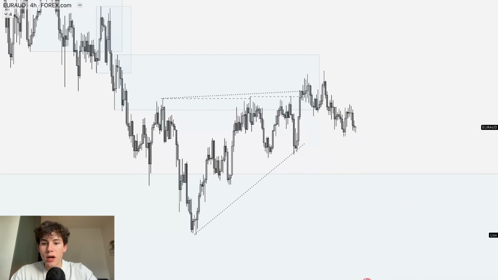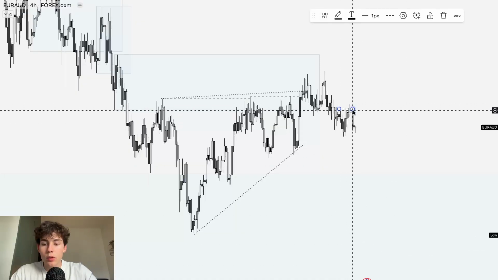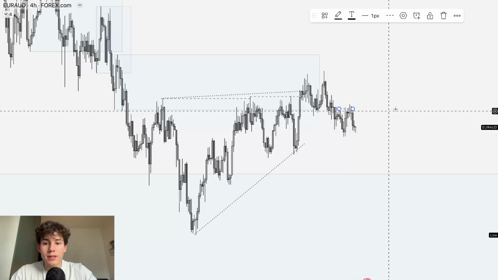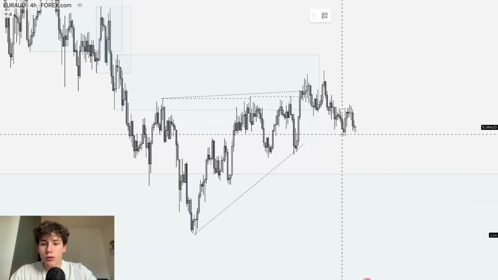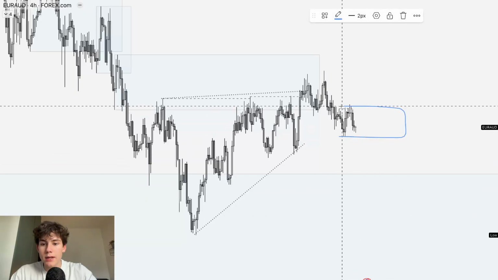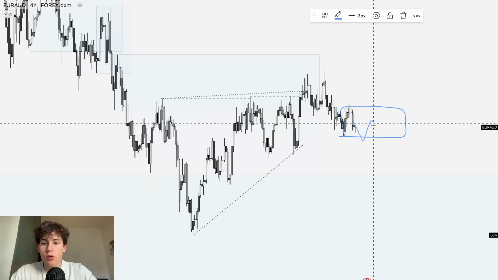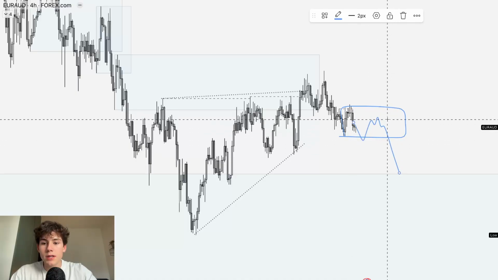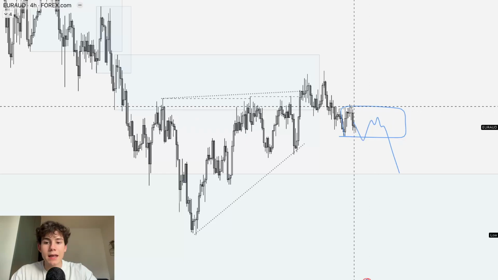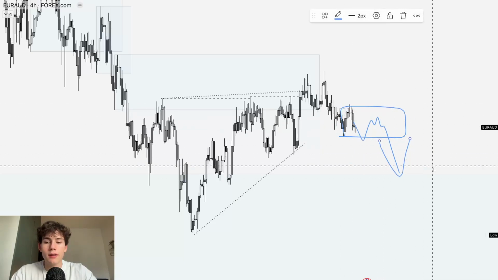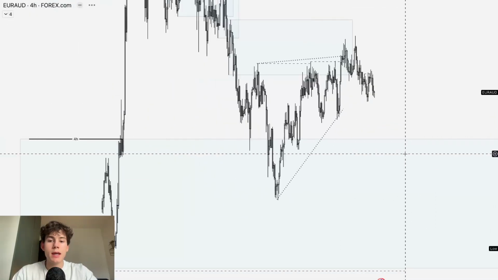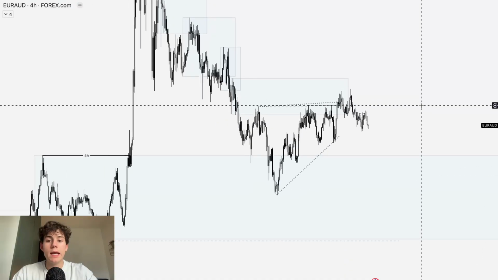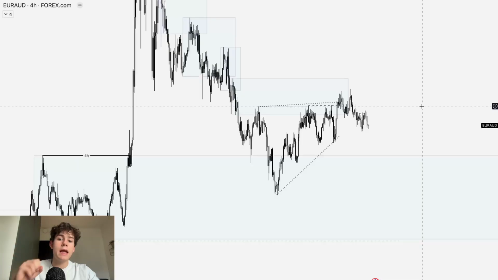Going over to the 4 hour to see how I'm going to take the entry, I can see that we took weekly or 4 hour liquidity above this high. So if we start to break this low and create supply zones, then I'm just going to go on the 1 hour, look for confirmation, so fractal breaks inside that supply zone in order to trade down lower. So that's my game plan next week on Euro AUD, and it's also perfectly aligned with AUD USD that should trade up higher, and Euro USD that I'm looking to short.